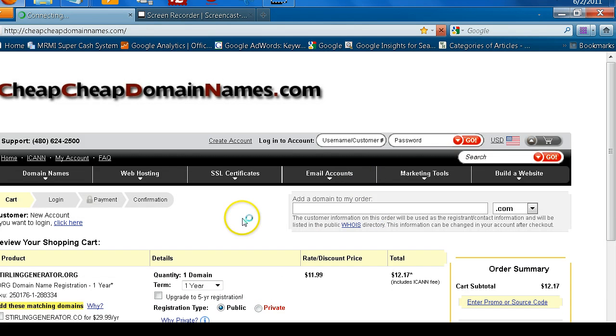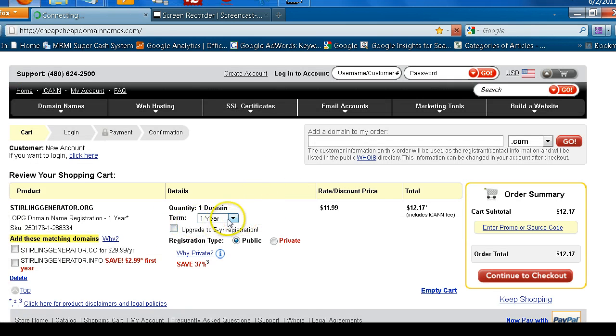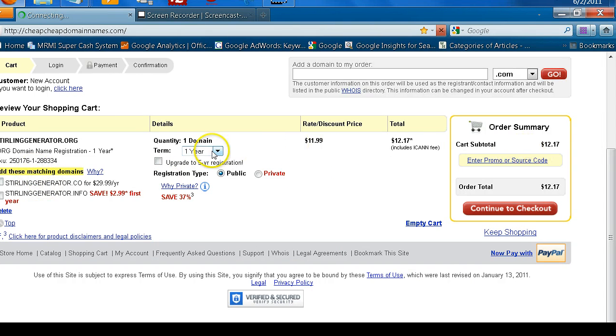Okay, and then you're going to come to your shopping cart page. It's going to ask you for 1 year domain. Okay, and it was $11.99, right? You want to make sure that this is correct, because sometimes, if you're having to check something through the process, it'll add it to your cart. But in this case, we're all good. The cost of the domain was $11.99, with the tax and everything, $12.17. So we're good to go. Once you check that out and make sure that's correct, just click continue to check out,